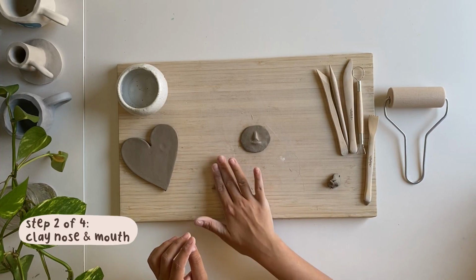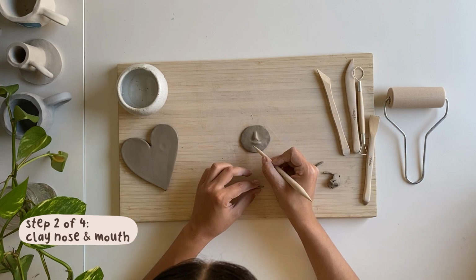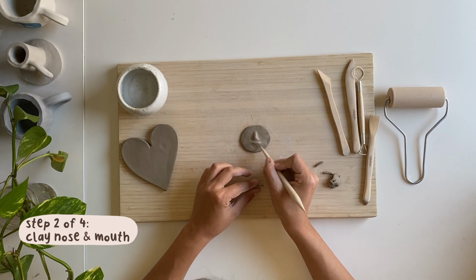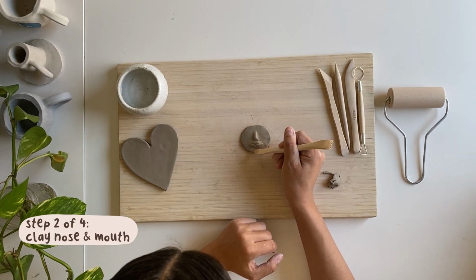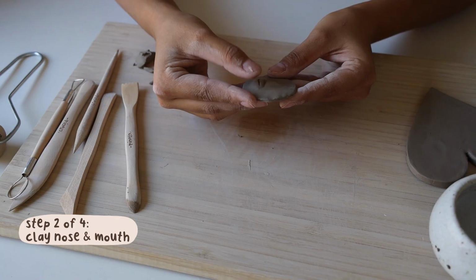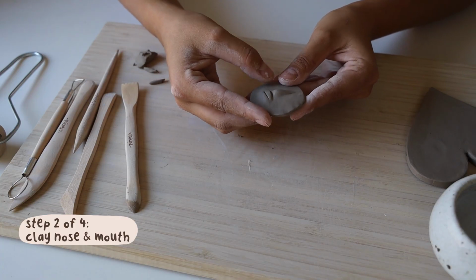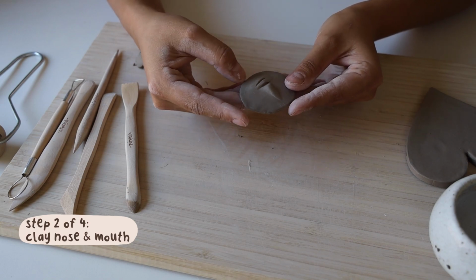For the bottom lip, repeat those same steps of rolling a little coil, scoring, attaching, and blending. Smooth your little clay nose, lips, and face as much as needed with your fingers or tools. If your clay is feeling dry, you can dip your fingers or tools in your water bowl. You can pause here until the nose and mouth of your incense burner are all complete, and then we'll move